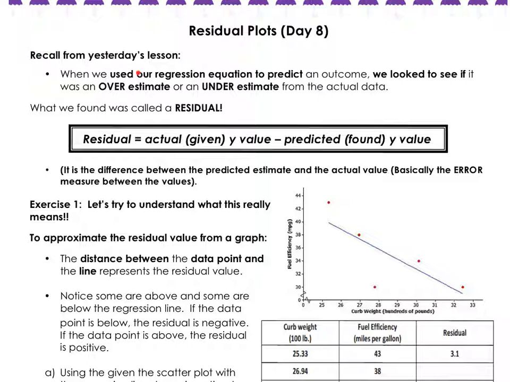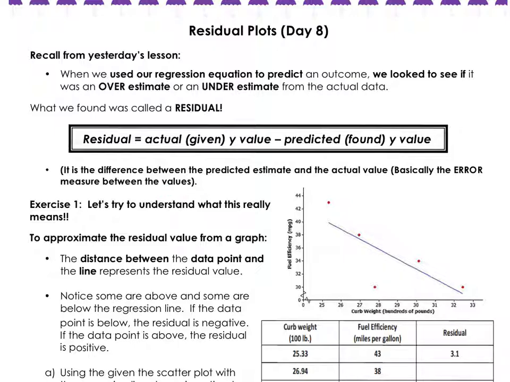So if you'll recall from yesterday's lesson, when we used our regression equation to predict an outcome, we looked to see if it was an overestimate or an underestimate from the actual data. And what we found is actually called a residual. The residual is the actual given y value minus the predicted or found y value. So that's the difference between the predicted estimate and the actual value, basically telling you the error measure between these